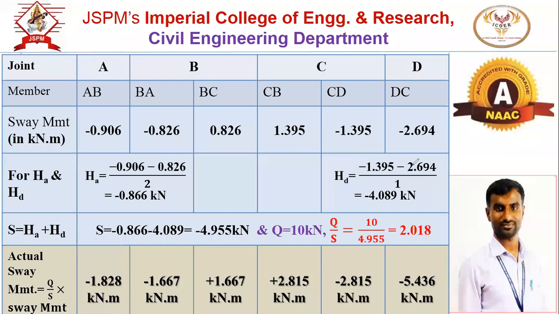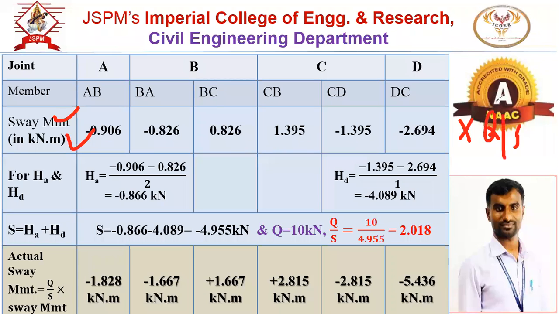Okay, त्या मोमेंटला काय म्हणायचं, sway moment. So using or working out the moment distribution table, the moments we have calculated are the sway moments, and these sway moments are not the final moments. We want the actual sway moment for the given frame. Final moment काय आहेत, we know the actual sway moment is given by the formula Q by S into these sway moments. याला फॅक्टरनी मल्टिप्लाय करायचं आहे, and that factor is nothing but Q by S.